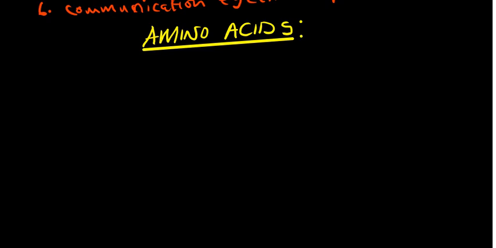So amino acids were already discussed in the introduction, to say they are building blocks of proteins. So we actually have 20 natural amino acids. There are 20 natural amino acids that are important. So out of the 20,